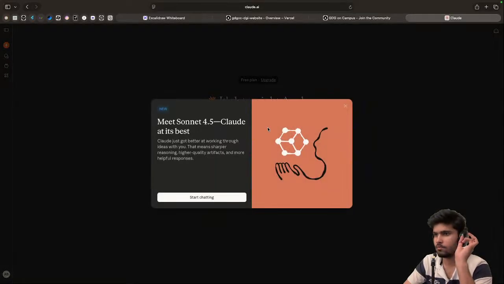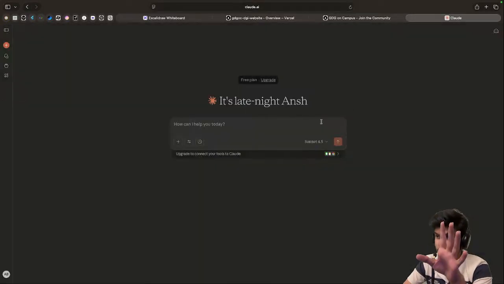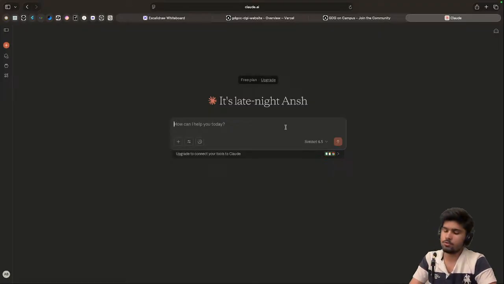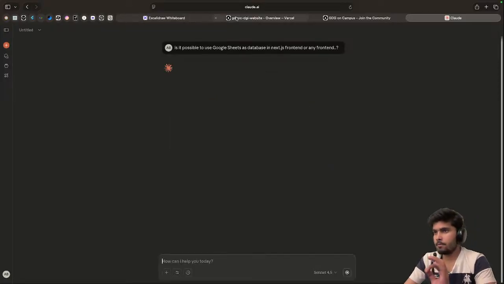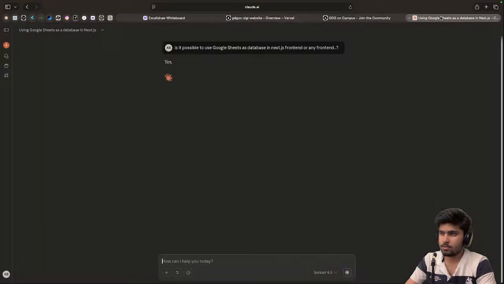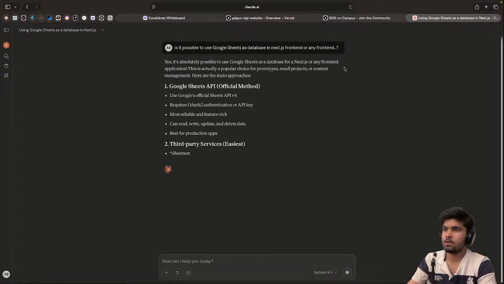The first question we should ask, because we are not going in for the coding thing, is whether it is possible to use Google Sheets as a database in a Next.js frontend or any frontend? That's the most basic question we are going to ask, because I don't know about this. Is it possible or not? Okay, so